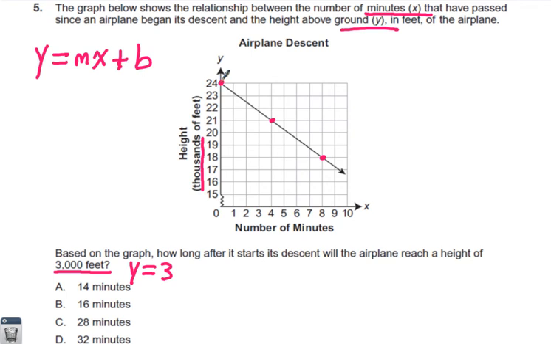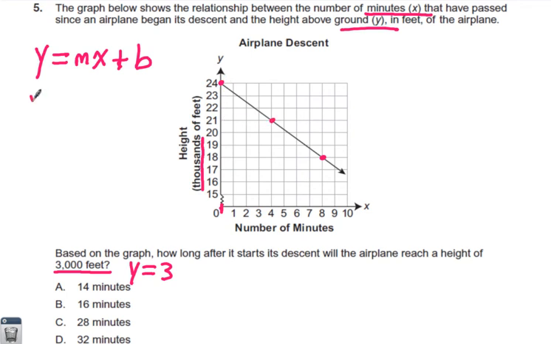Hopefully you understand that the B value is my y-intercept. Let's see, is this truly my y-axis? 3, 2, 1, okay, 0, yep. So my B value is actually 24, which actually means 24,000, and my slope looks to be -3 over 4,